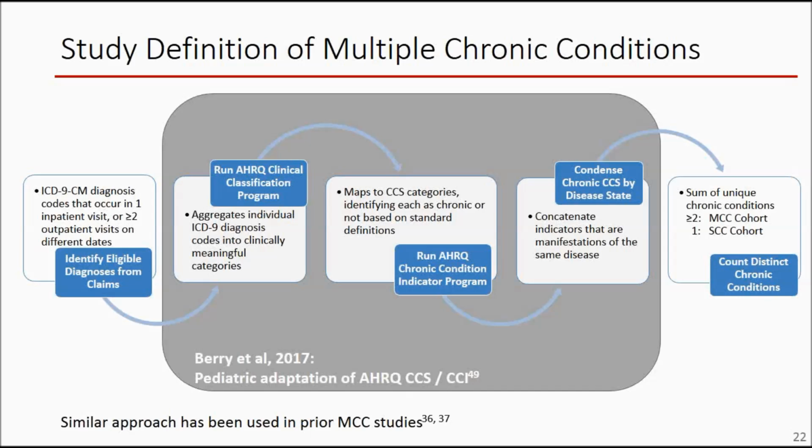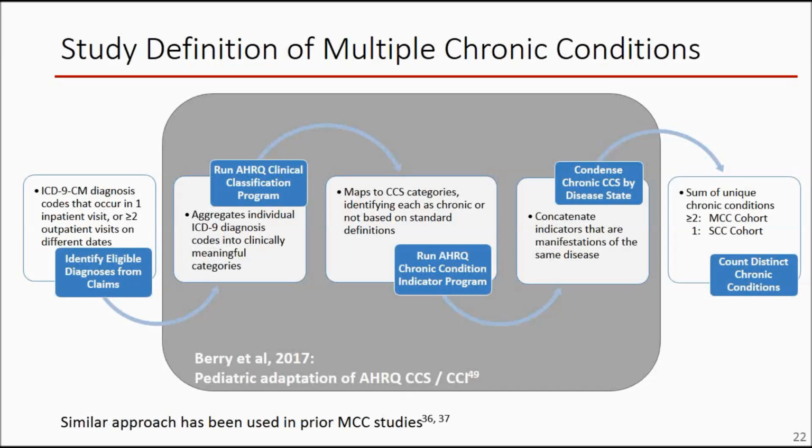So they're working as part of the Children's Hospital Association, and they use this to look at pediatric chronic illness in the inpatient setting, but their adaptation was just generally for pediatric chronic illness. So they have pediatricians, epidemiologists, and statisticians review the code sets, whether it was defined as chronic or not, and then match that up with pediatric knowledge. The idea being that some things that are chronic in adults are acute in kids, some things that are acute in kids are chronic in adults.